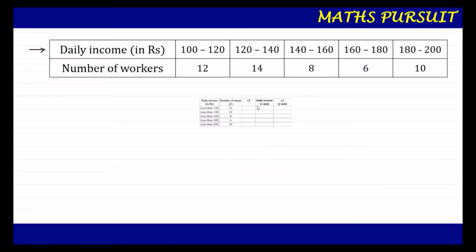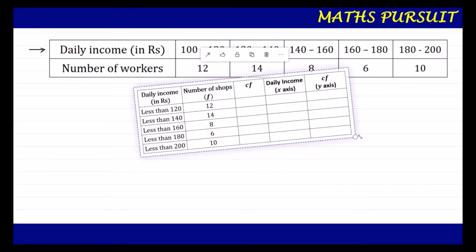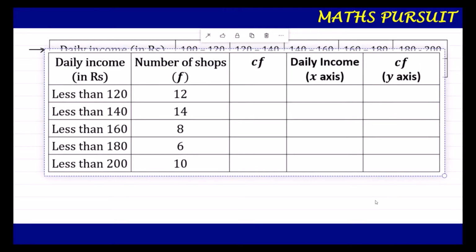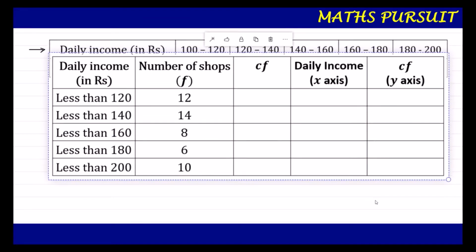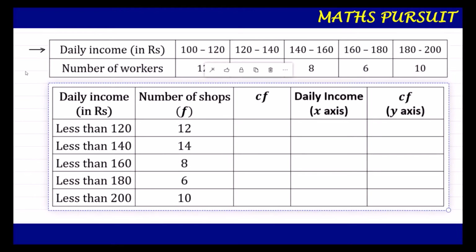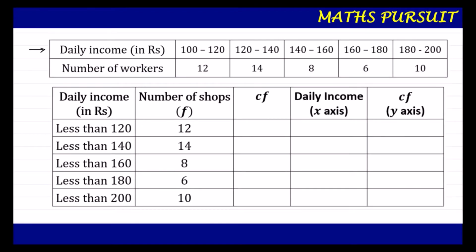Now, look here on the screen. I have posted a picture here, a tabular form of the given information. If you look at this new figure, you can see that I have represented the above given data in a tabular form. Our first column is the column where we have converted the class interval into a less than type. Let us see how I have converted it into a less than type. Look at the given rows.